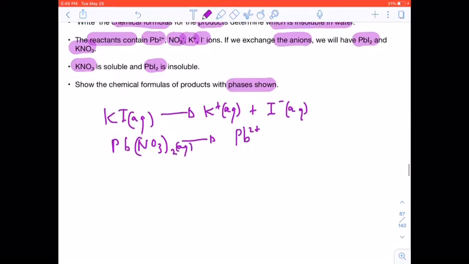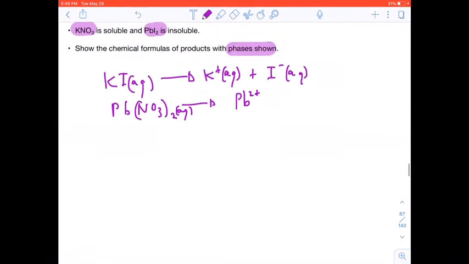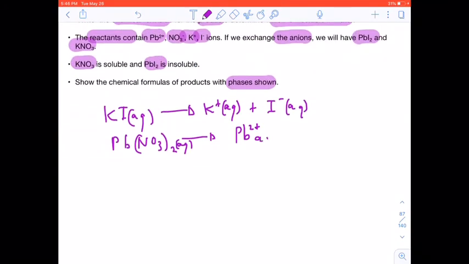Pb2 plus aqueous plus 2NO3 minus aqueous. So we see, all right, we broke it up in terms of its ions. So we've got K plus, I negative, and Pb2 plus and 2 nitrate ions. So then we say to ourselves, okay, what happens here in this situation is the partner